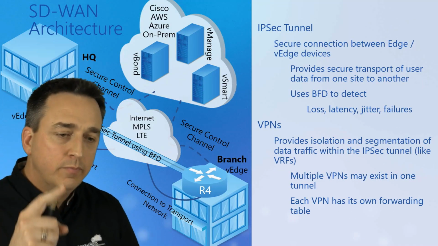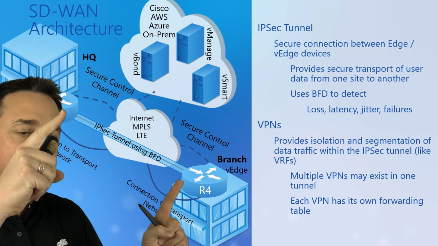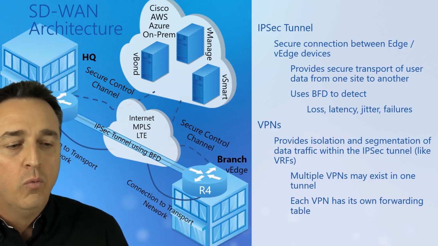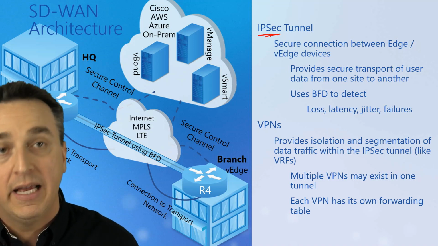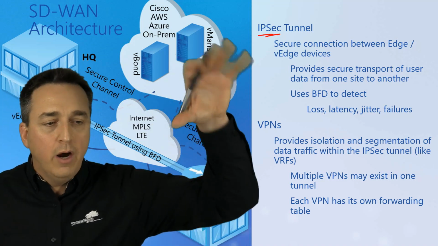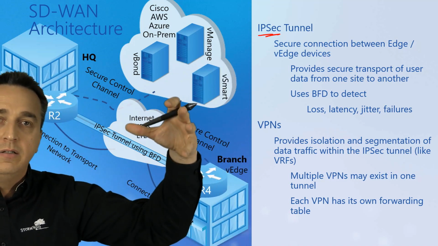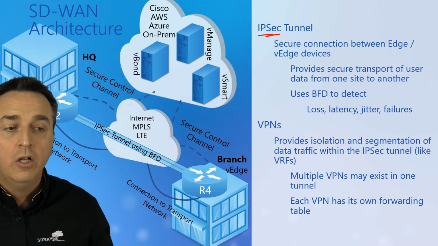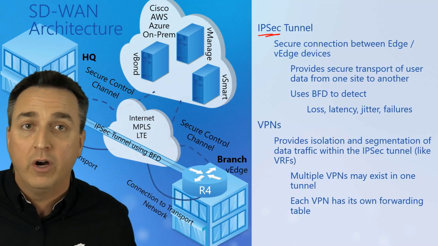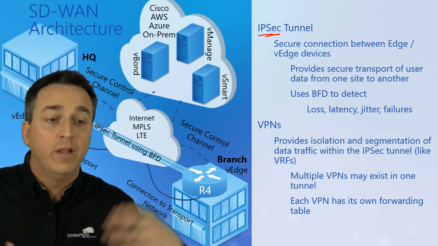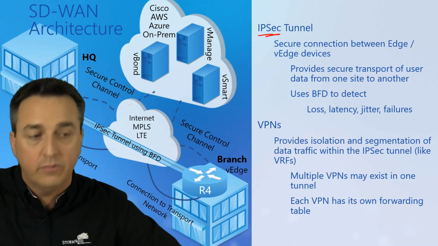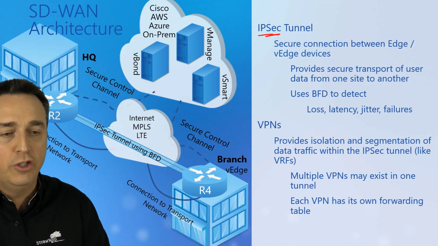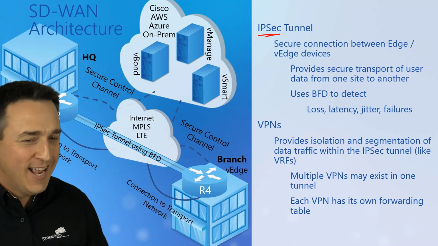Now, when the tunnel is actually created between two devices dynamically on the fly, what type of tunnel is that? It is an IPsec tunnel. So when you are managing everything and defining your security policies for your tunnel, you're going to have to use the IPsec framework. So what protocol, what encryption algorithm, right? All that still has to come into play here. So you still have to learn about IPsec, even though you're using SD-WAN.